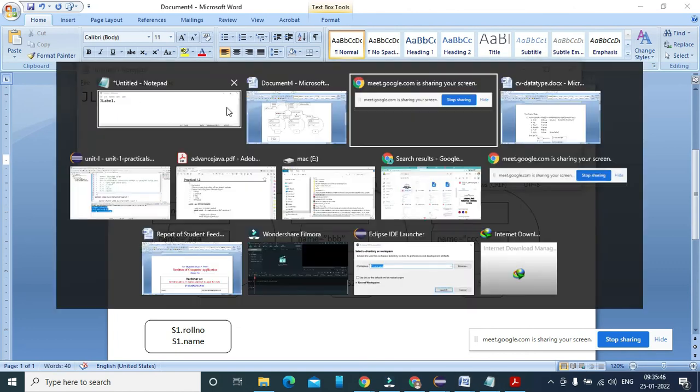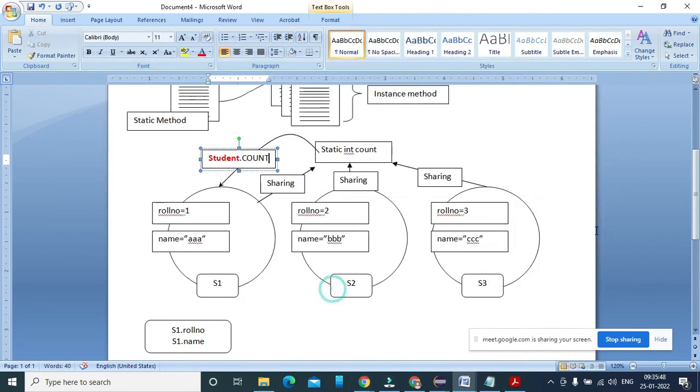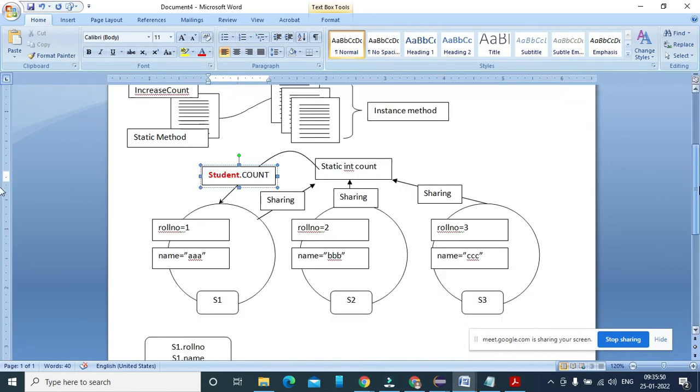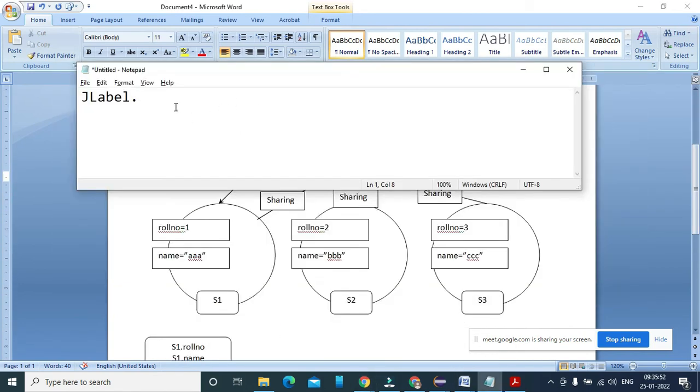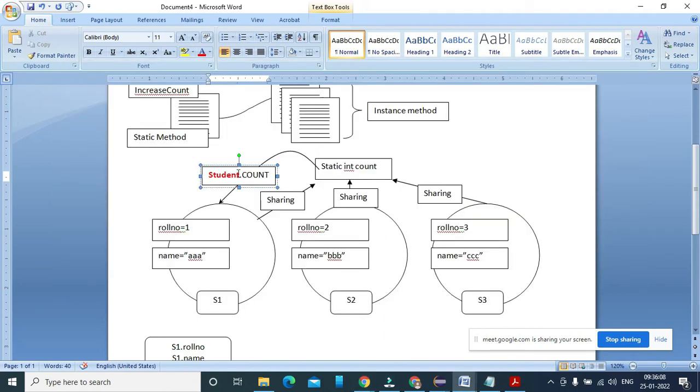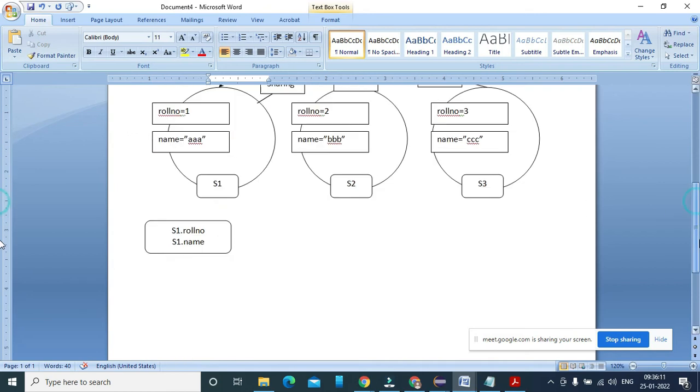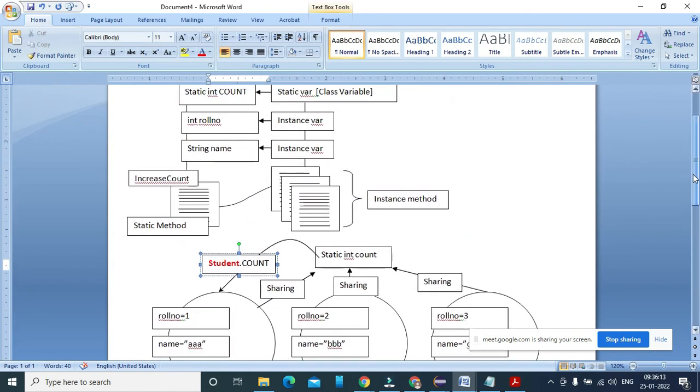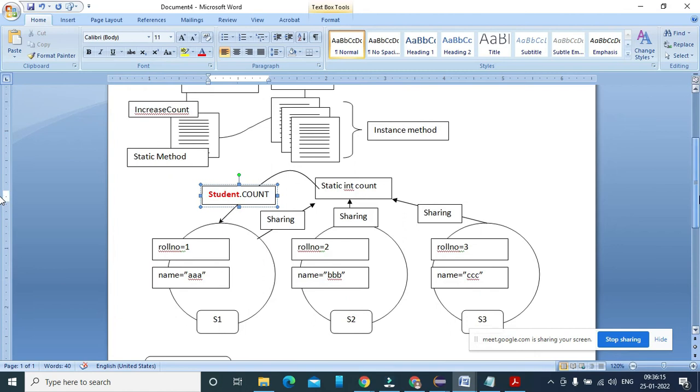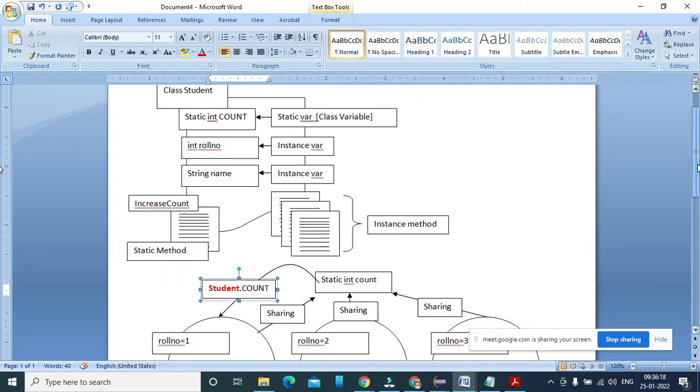Okay, it is used in the class for sharing. So when you are using left, right, if you remember, there is a layout and you are using a layout and aligning the new frame layout, using the dot operator and setting left, right and center there. So student count, we can call directly here.